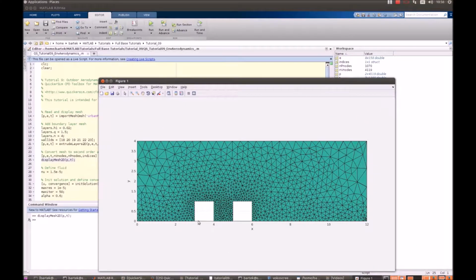Basically, two squares on the bottom serve as simplified models of buildings, and the flow goes from the left to the right. The ground and the buildings are obviously no-slip walls. The inflow is defined as velocity inlet. The outflow will have zero constant pressure, and the top will have symmetry boundary condition or otherwise slip boundary